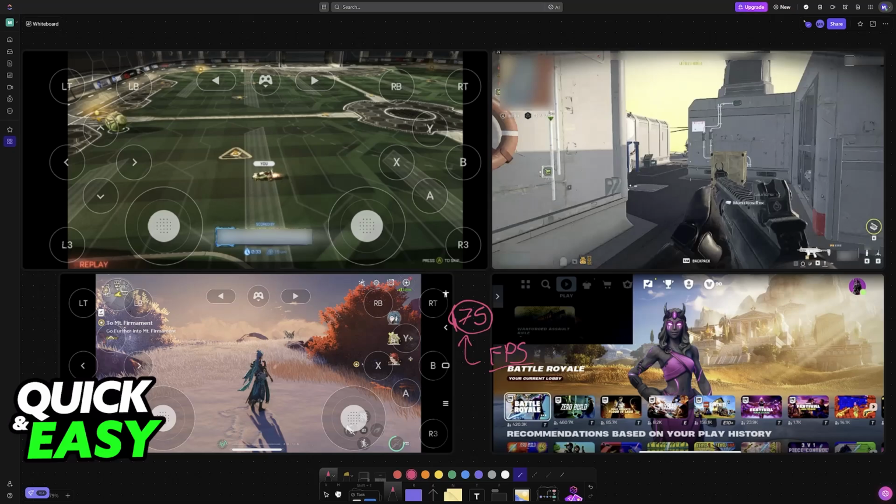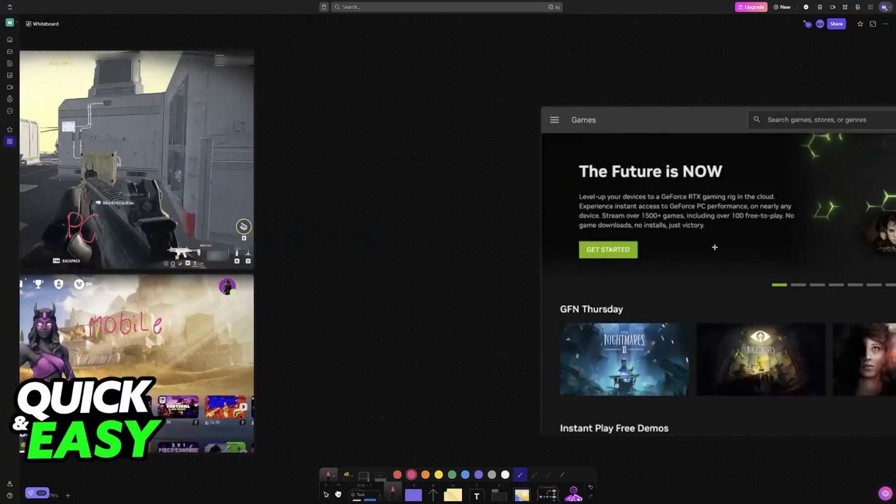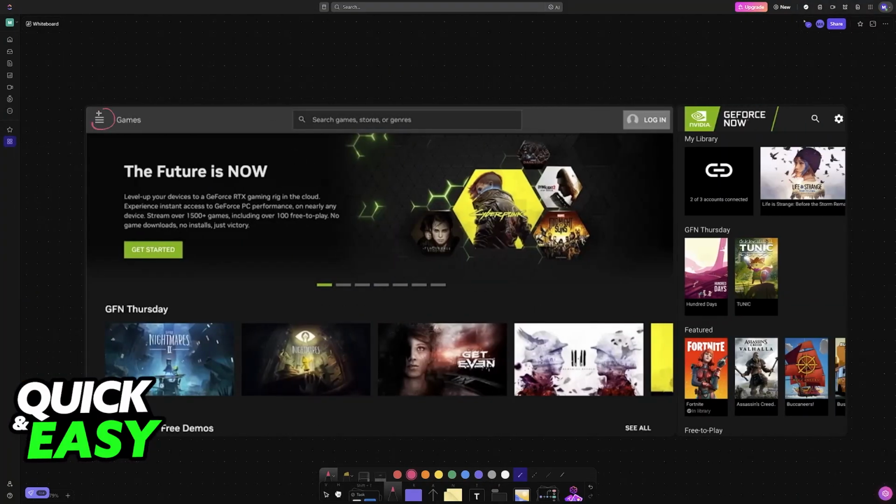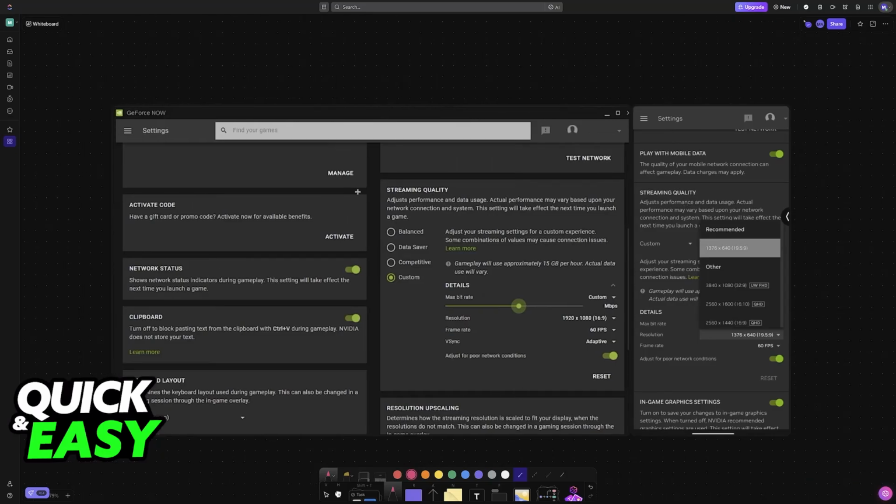So you will be able to do this on mobile or PC, whatever you prefer. Just open the GeForce Now launcher and access the settings. So on PC, you will be able to do it by tapping these three lines at the top left. And for mobile, usually there will be a settings icon as well on the top, but usually at the top right. So just access the settings on GeForce Now,